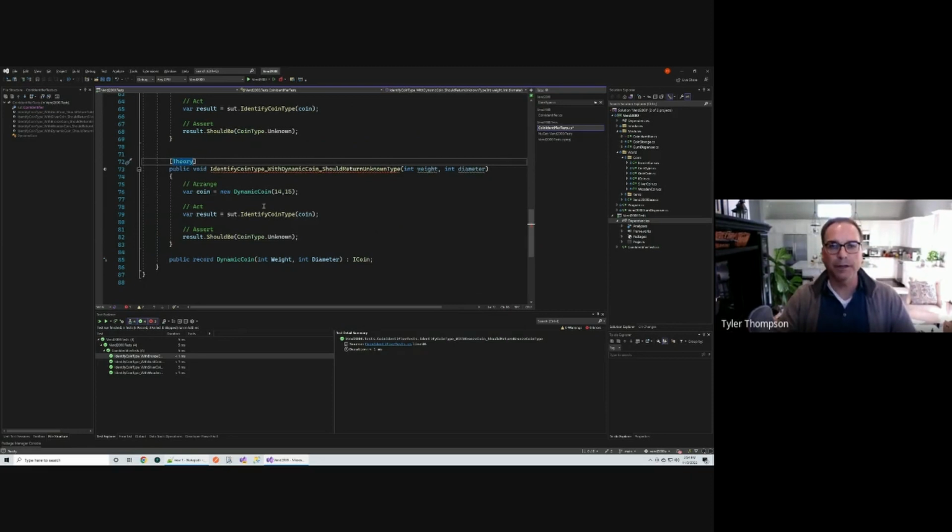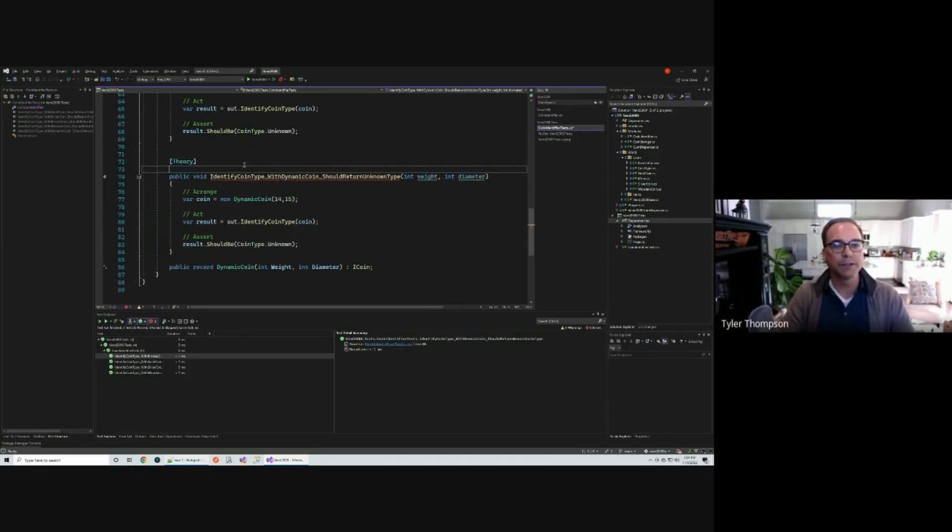And what a theory allows us to do is pass in parameters here. And I've noticed that they're primitive types. I haven't played with it too much, but I don't think I can pass a class, but I can pass in these parameters here. So in this case, I want to say here's going to be my weight, here's going to be my diameter. And then what you can do is, in the decorator here, you can say,